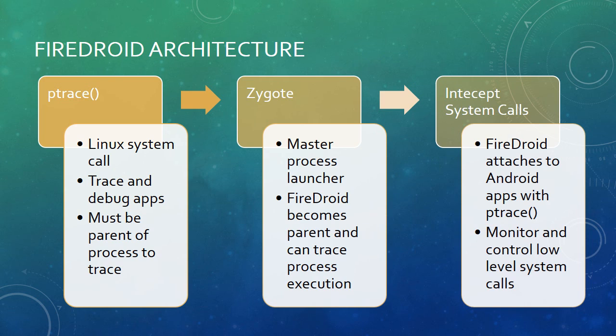FireDroid takes advantage of the fact that all processes on Android are launched by a master process called Zygote. FireDroid works by installing itself as the parent process of Zygote, so it can attach to it with ptrace and watch for when Zygote launches any other processes. It then makes itself the parent of those other processes, and so it can attach to them with ptrace, and